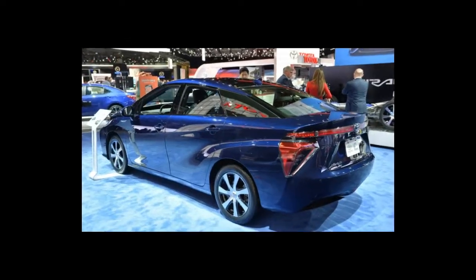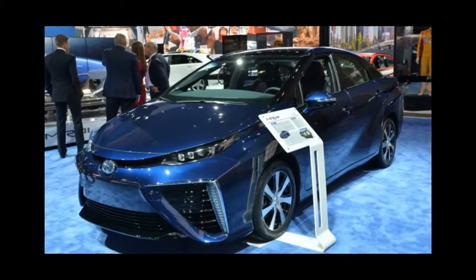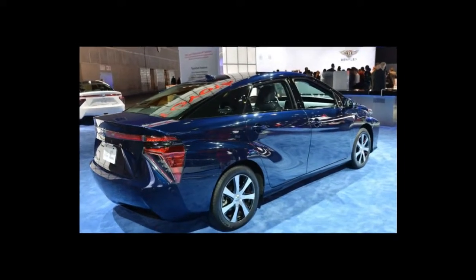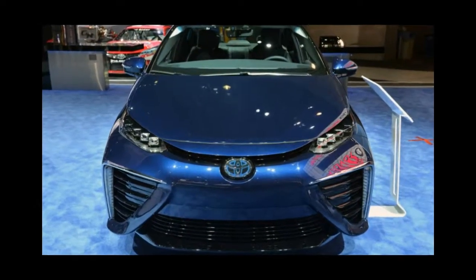We give the Mirai 3 points out of a possible 10 for performance, deducting 1 point apiece for its anemic acceleration at higher speeds and its uninspiring, numb handling. The Mirai will accelerate decently from a stop to perhaps 30 miles per hour, making it useful in city and